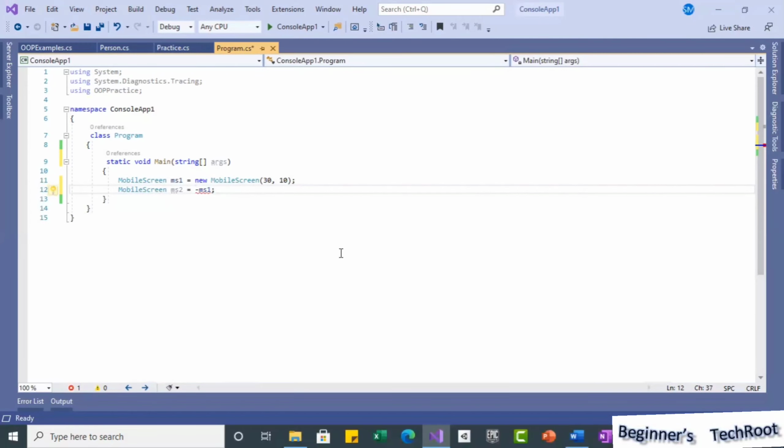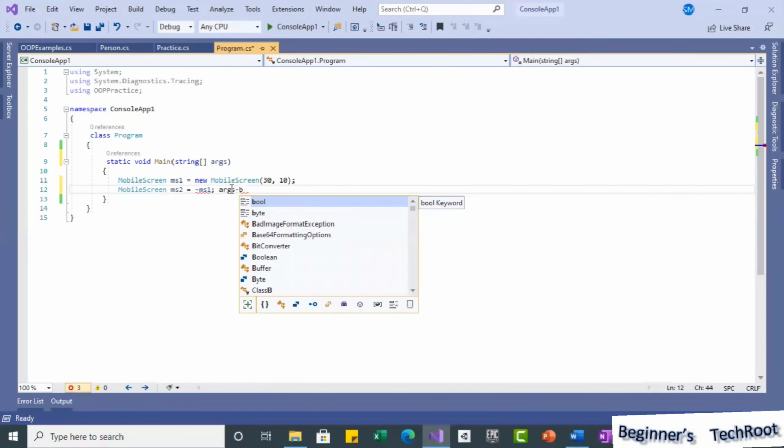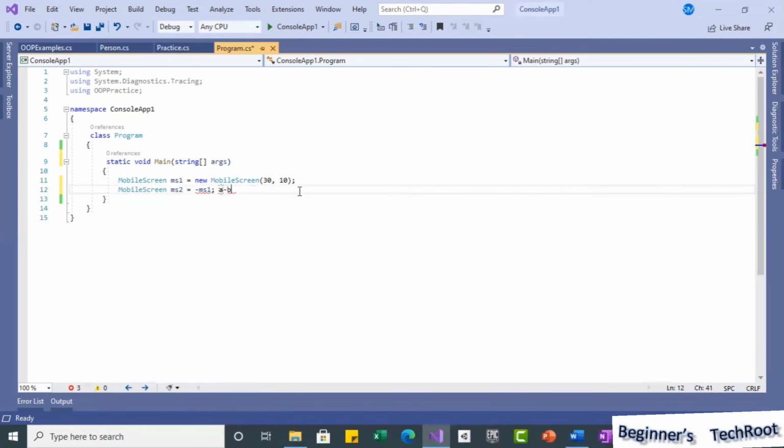In a similar way, a binary operator is when you use A minus B. We are using minus as a binary operator, because from value A we are subtracting value B. The way it is used decides whether it is a binary operator or a unary operator.